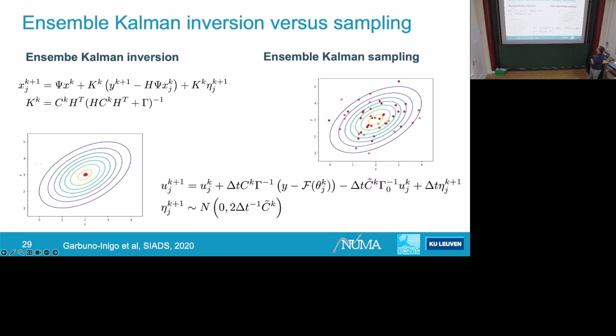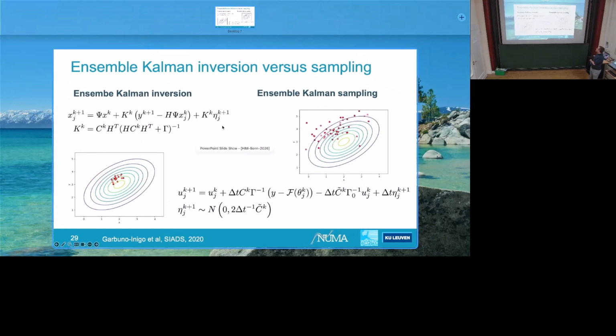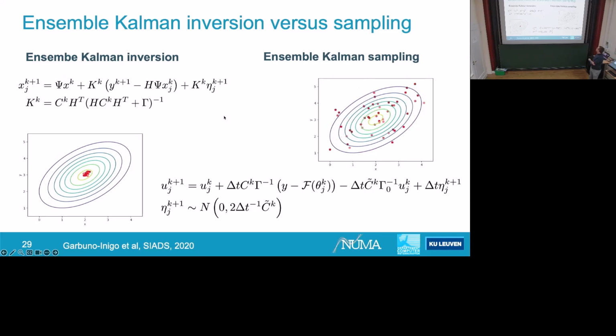You see your noise, which is here. And you see some extra. That's the problem with the pointer. I have two monitors. And here you have an extra term that somehow determines the fact that you want to keep on adding noise. I'm not going to be able to explain this in full detail in a minute. But here you keep sampling. So these samples, after some time, sample from the posterior distribution. So this is ensemble Kalman inversion plus extra noise to ensure that you sample.